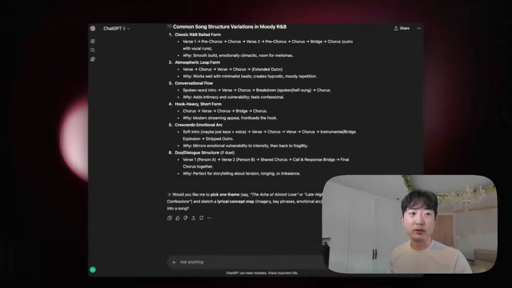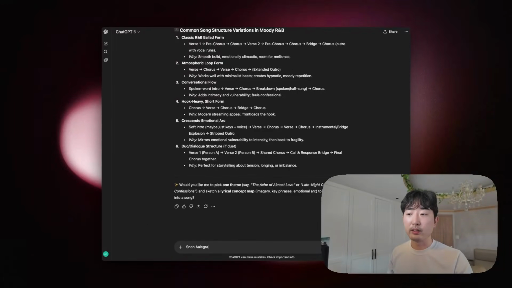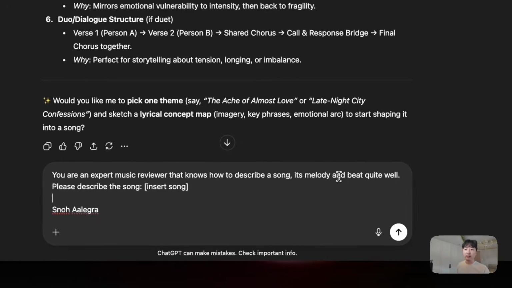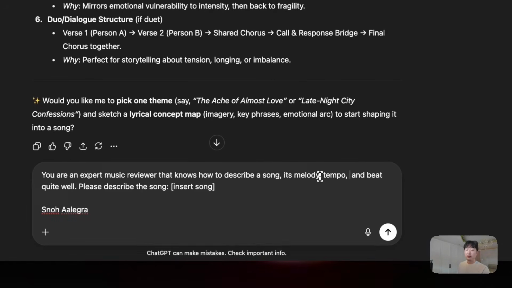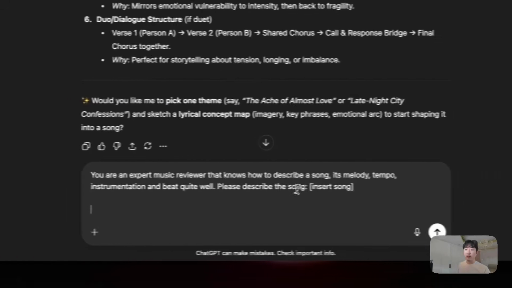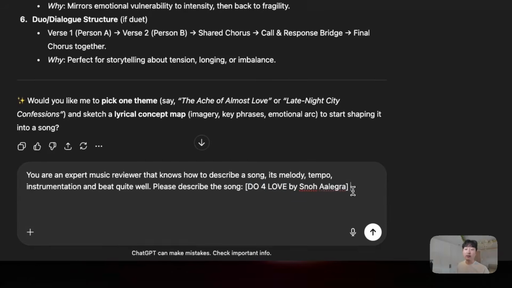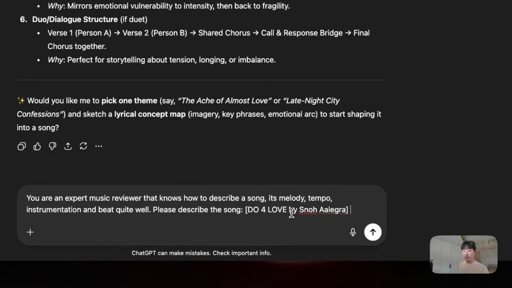And then going back to your chat, I'll paste this over, and then I'll paste over a shorter prompt that I created earlier. It says, you are an expert music reviewer that knows how to describe a song, its melody, tempo, instrumentation, and beat quite well. Please describe the song, and now I can put in Do For Love by Sunoai. This is where you would put in the artist and the track. And if you press enter,